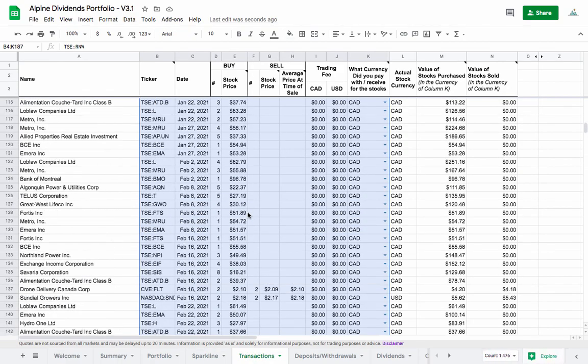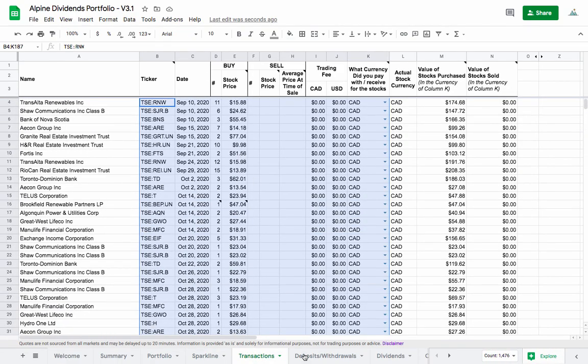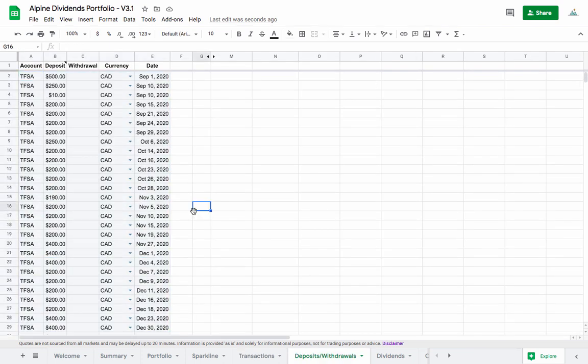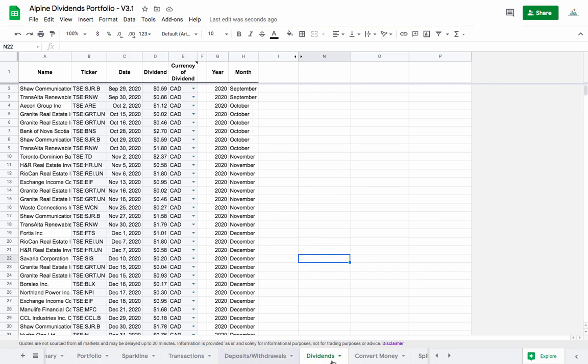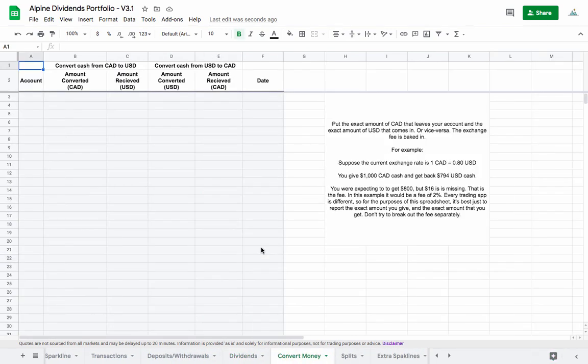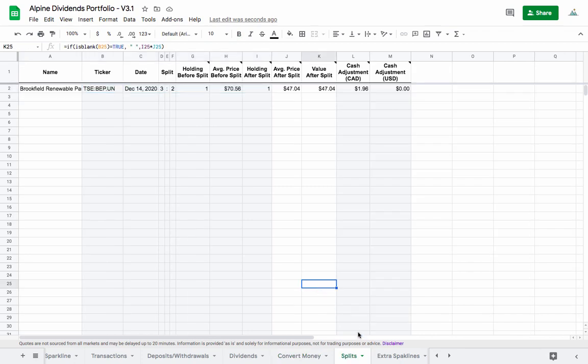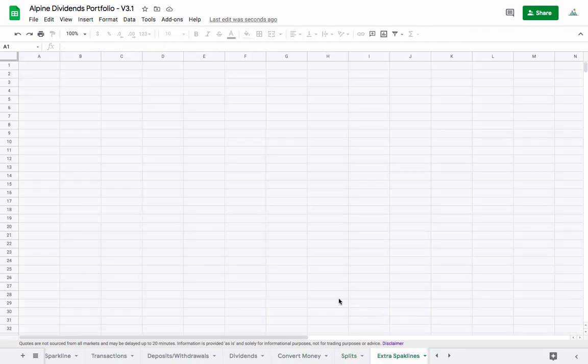There's a tab here for transactions where I just log every single buy and sell, all of the fees, etc. In here we have all of the deposits and withdrawals. I log every dividend that I get as I receive them. There's a tab in here for converting money if you're able to hold cash in your trading account. This is irrelevant to Wealthsimple Trade users, but someone with Trade or TD or something would want to use this. There's a tab in here for splits in case you do experience a stock split,